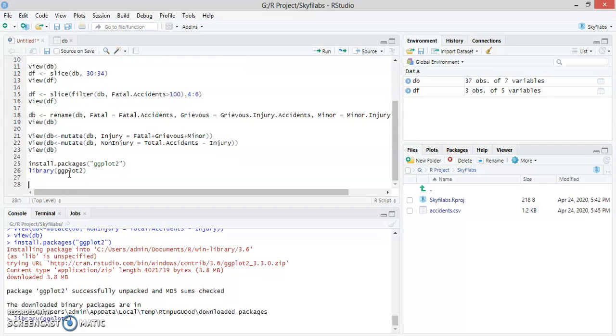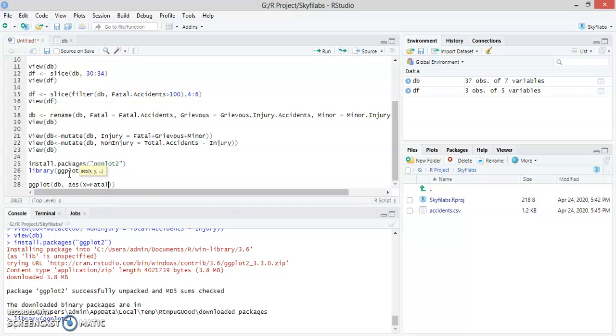So we are going to use the point graph over here. So ggplot, our database, that is DB, and aes, x equal to the name of the column, that was fatal.